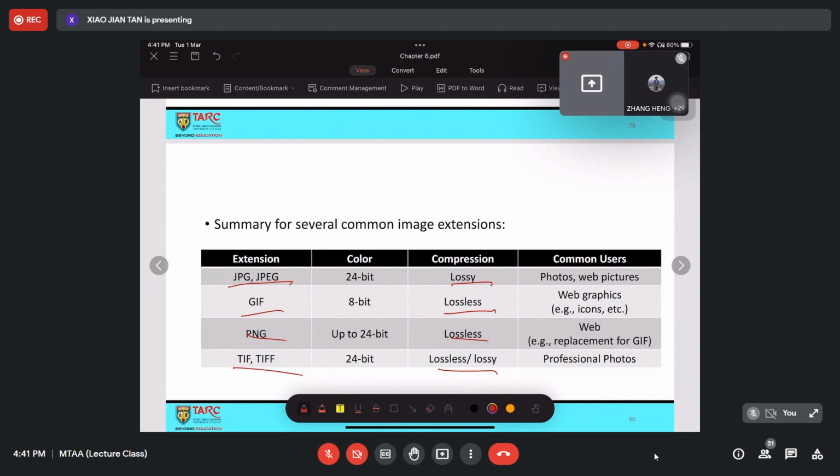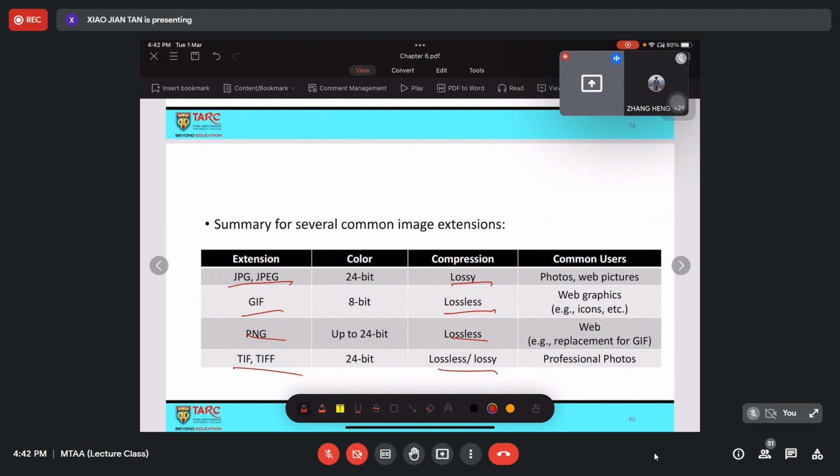And always remember, lossless and lossy are not meant to describe any image extension, but the algorithm that performs the compression. If the image can be reconstructed later on, that is considered lossless.